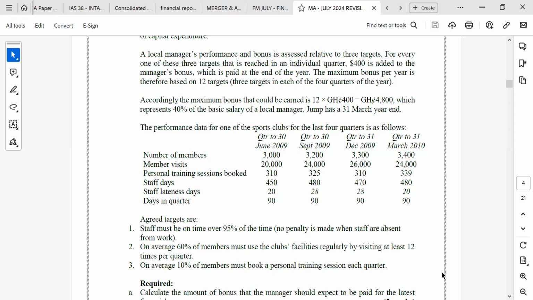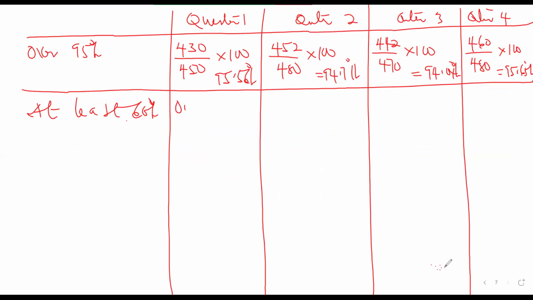36,000. Okay, but they are saying that at least 60% of that. Look at the members' visits. This is the actual visit for the quarter, but we just compare the target to whether the visit is okay. So if we want to do this, we look for whether 60% of the people have been visiting. So we multiply by 12. The number of visits that we should have for the quarter is